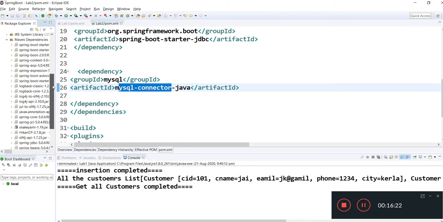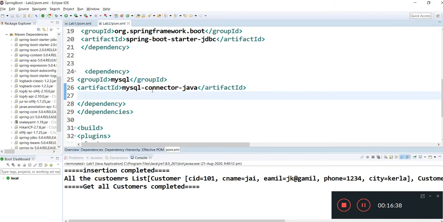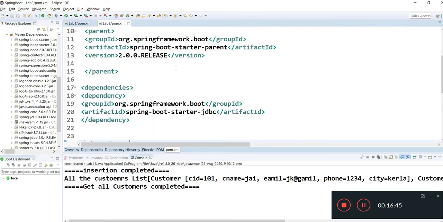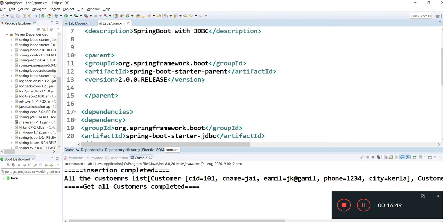Okay, you can see here the starter version 2 and all. After this we are done with our pom.xml file. So I hope you got this point. You need to start with your parent version.